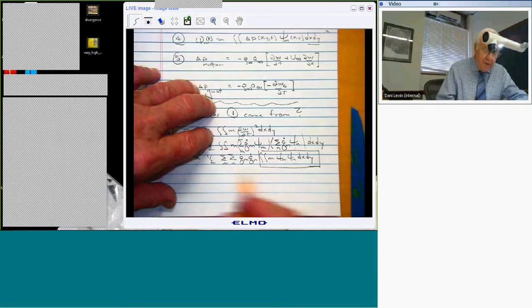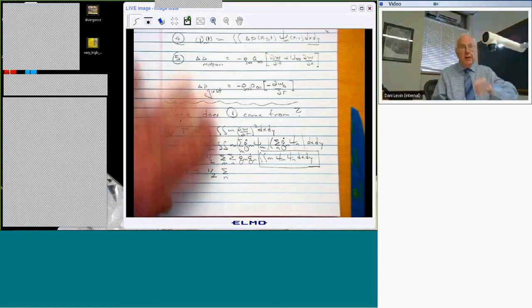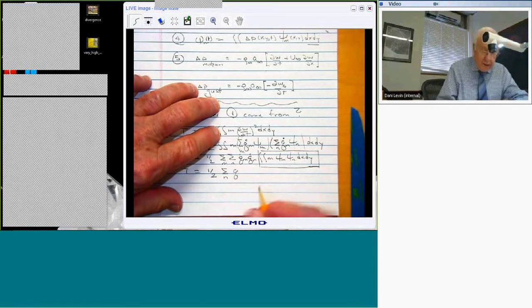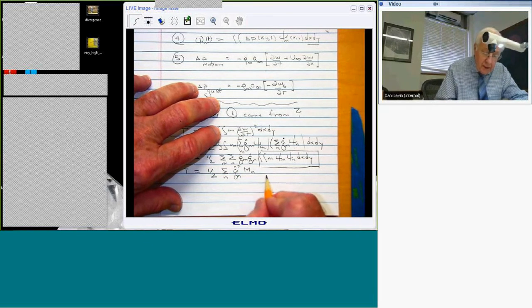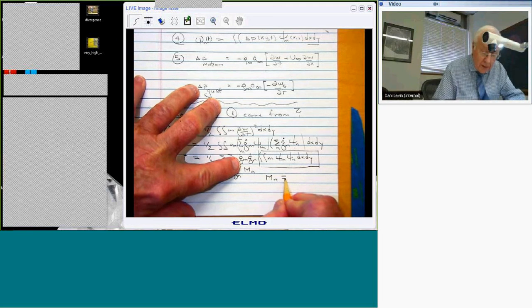So if we use orthogonality, then this double sum reduces to a single sum, and I'll make it a sum over n just for fun. I can use m or n, it doesn't matter. q_n dot squared m sub n, where m sub n has the same definition that I had above, except I'm using the index n, m psi n squared dx dy, right?